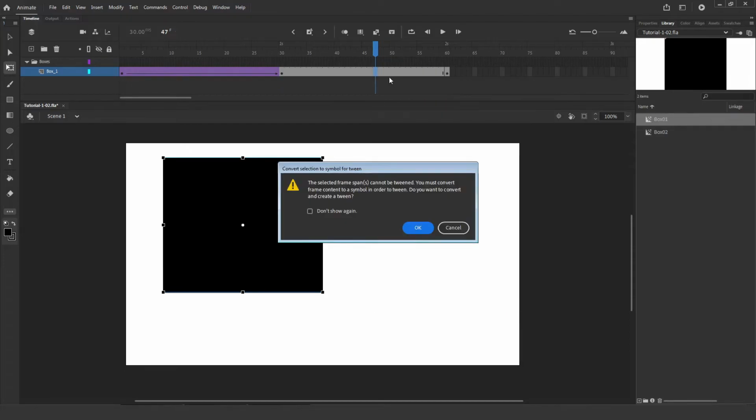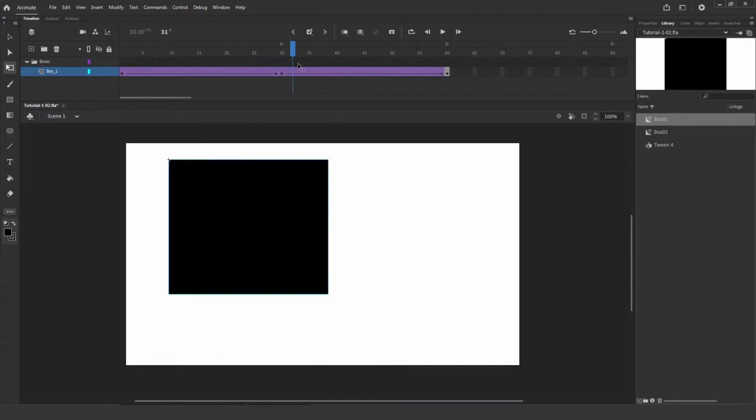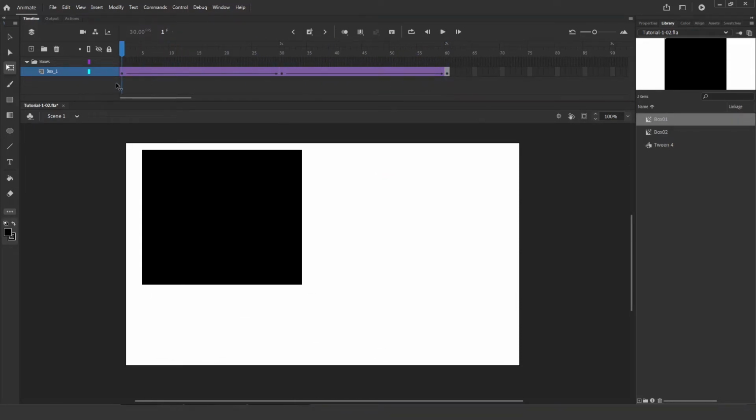If I create a classic tween here, and if you also have this selected, this won't pop up, so you won't know this is coming up. Adobe Flash used to not have this pop up, so you wouldn't know it would happen. This is actually pretty good that this does pop up. I would recommend not turning that off, because this is handy just to know. So if I select yes though, you think, oh yeah, this is okay, it's moving fine, the animation's going smooth,